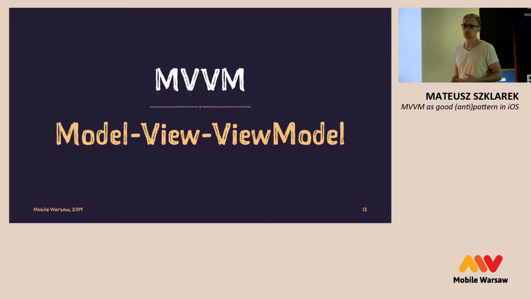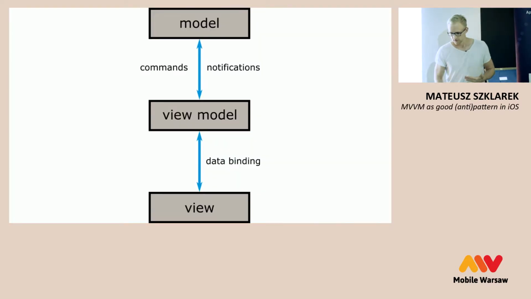First question, is this concept new to someone here? I'm wondering. Okay, so Model View ViewModel. The first two words are self-explanatory, I think. And the last part is an abstraction of a view which exposes public properties, basically, and commands. The most important part of MVVM is that it has a binder. So we have a connection between the view model layer and the view.